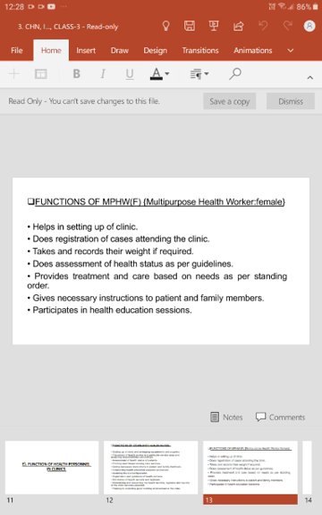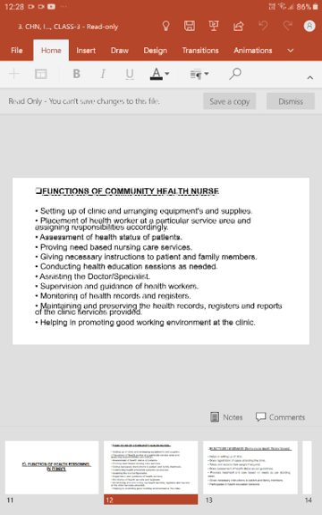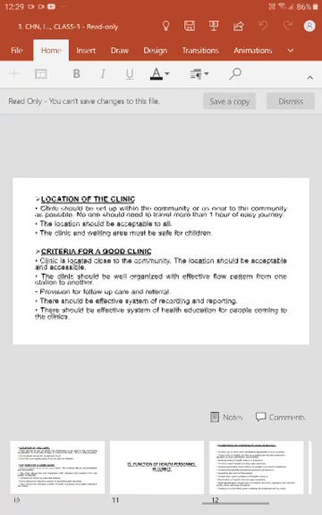We are giving the nursing care services, we meaning the community health nurse, or under the community health nurse there are many workers: ASHA workers, and multi-purpose health workers, both male and female. All of them give services towards the patient as well as the family member. They give guidance as well as instructions, and at last we give health education to the people. So that's about the clinics.